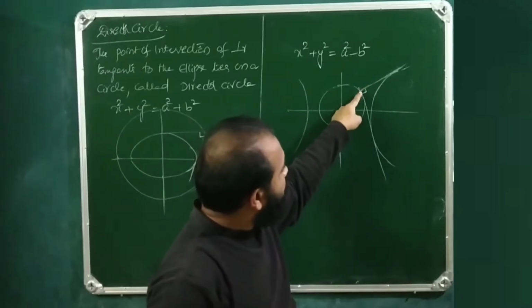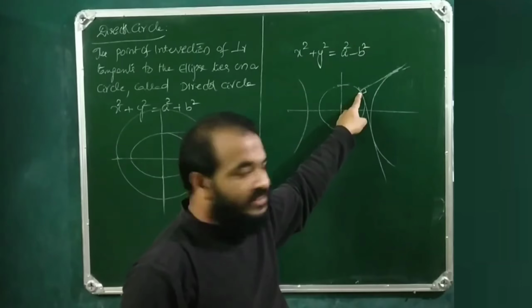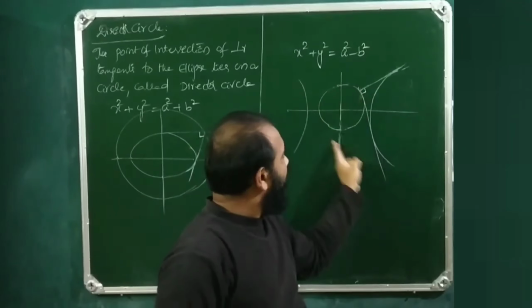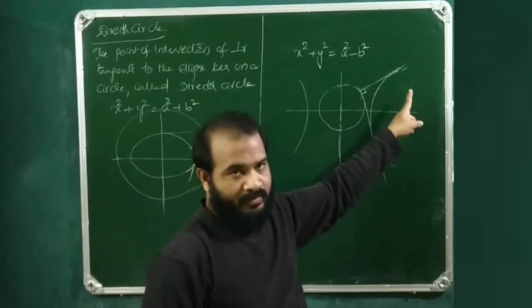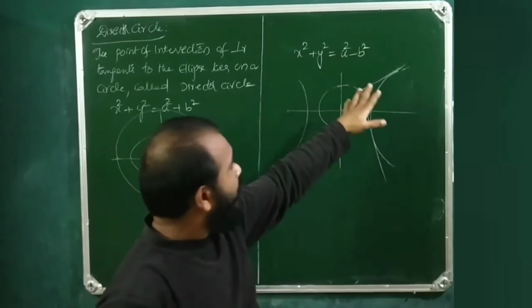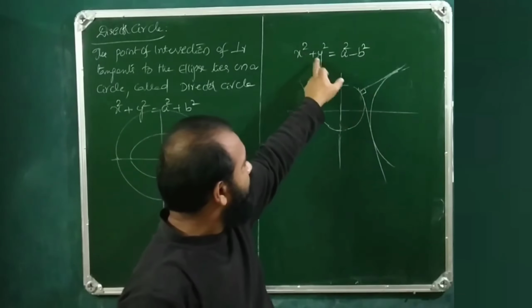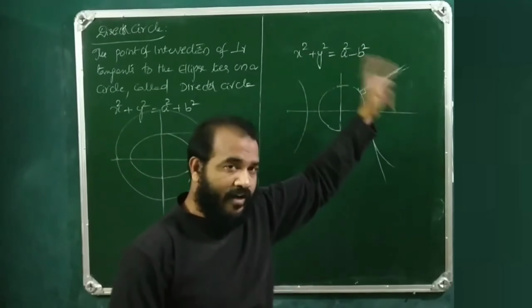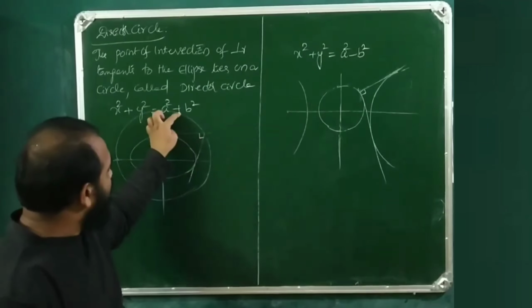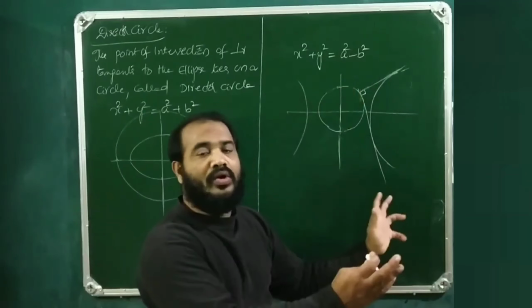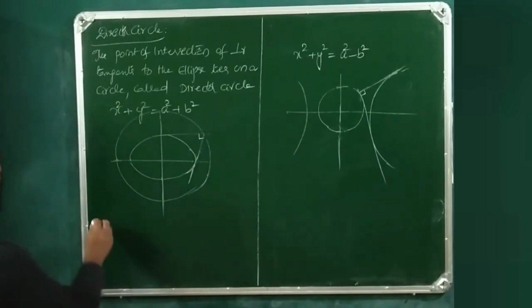So the locus of this point of intersection of the perpendicular tangents is a circle, and that circle is said to be the director circle for the hyperbola. So as far as the hyperbola is concerned, the director circle is x square plus y square equals a square minus b square, while for the ellipse it is x square plus y square equals a square plus b square. This plus and here minus are the only difference. And the auxiliary circle,